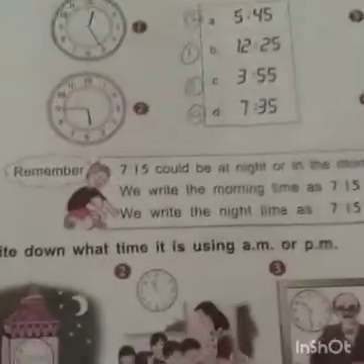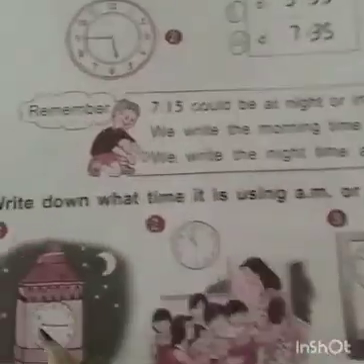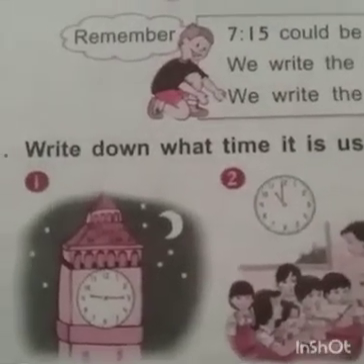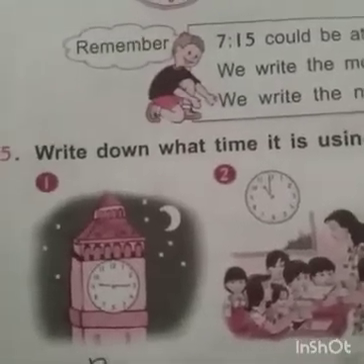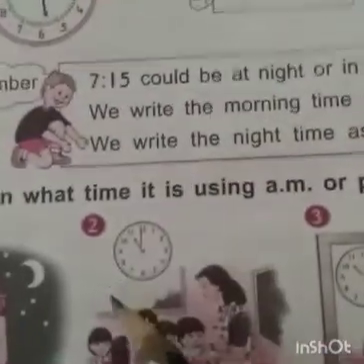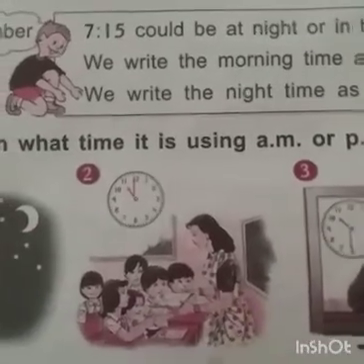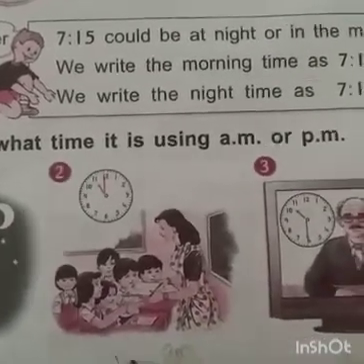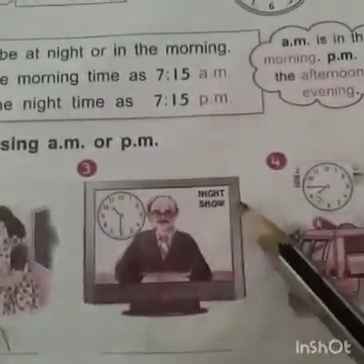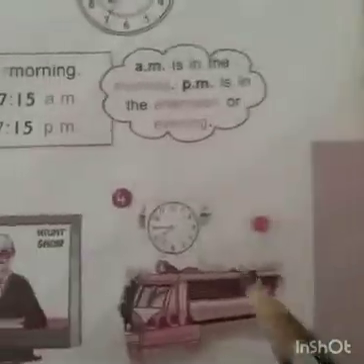Okay. Look here. Write down what time it is using AM or PM. Here stars are also there. So is this AM or PM? PM. Next, a clock is given here. 11 o'clock is there, school time. So I think what time is it, AM or PM? AM, anti-meridian. Next, here a night scene is shown. Night means PM. Okay.